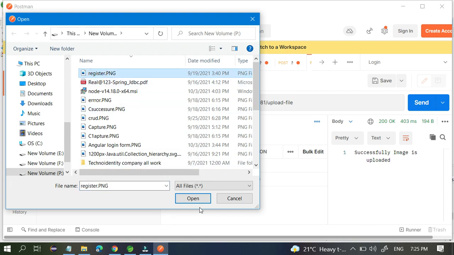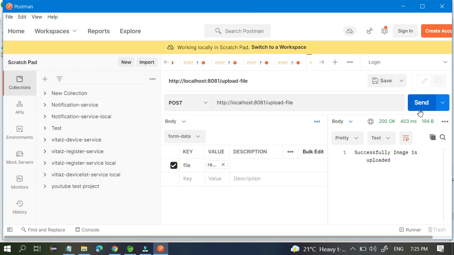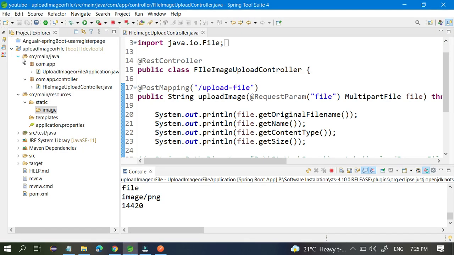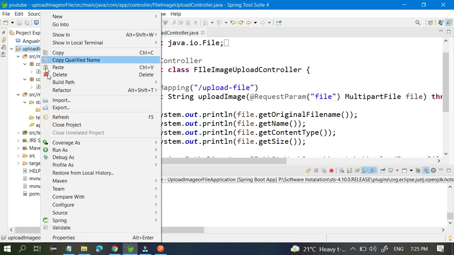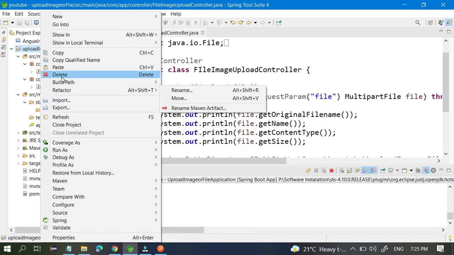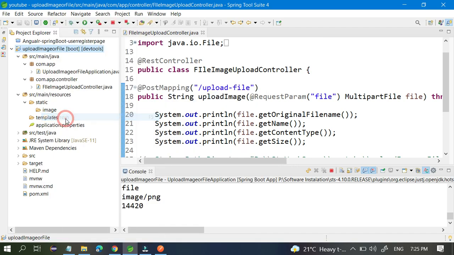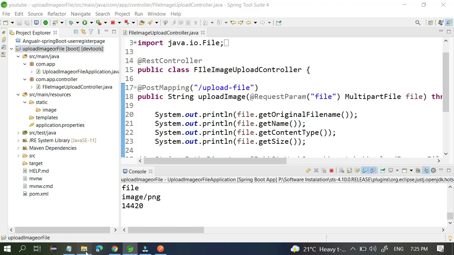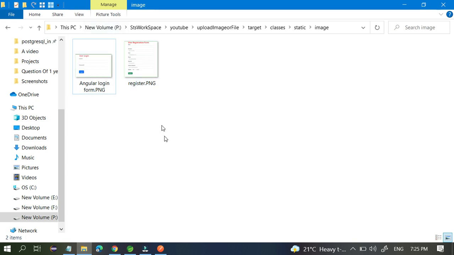You can't get any image in this image folder, but if you go to the target, inside the target there are two, this image is uploaded because your application is already built. So your image is stored directly in this target place because this is the build. Once your application is built, it starts storing in target, classes, statics, and inside the image folder only.